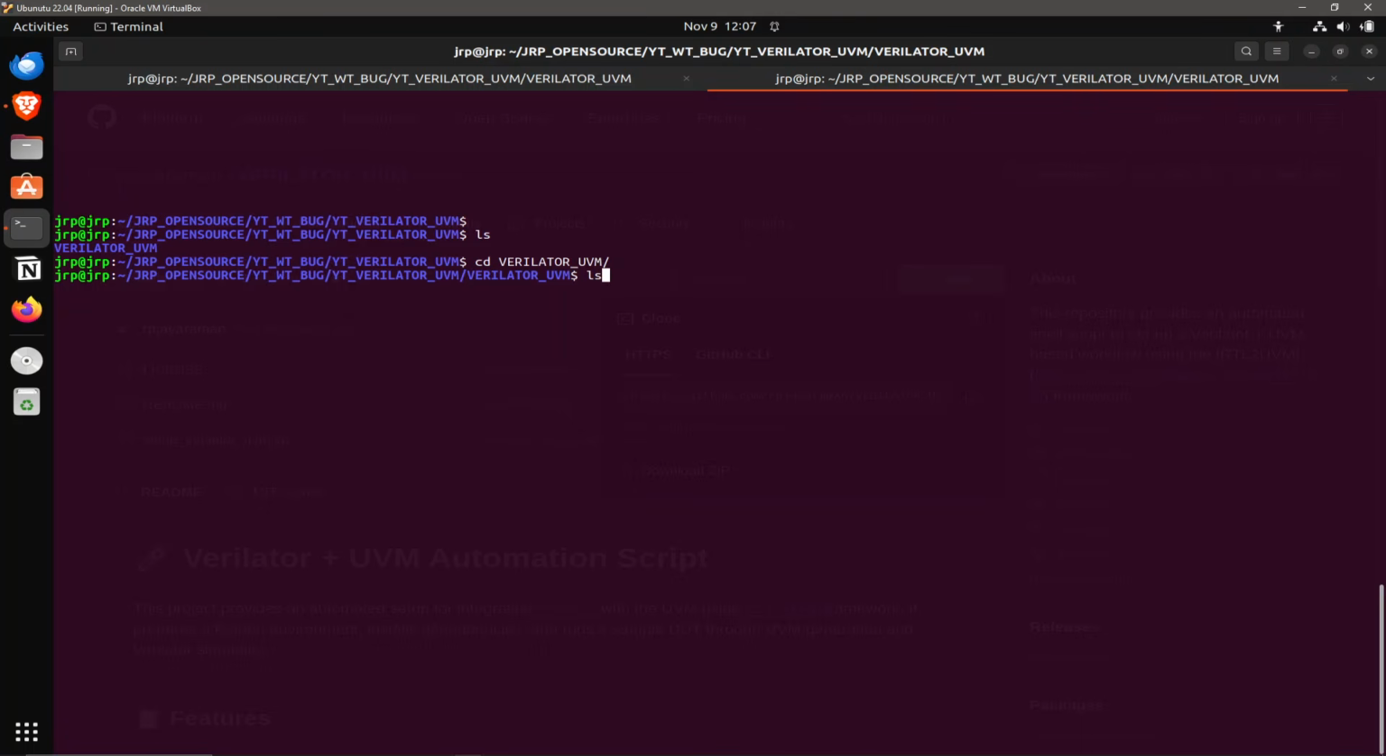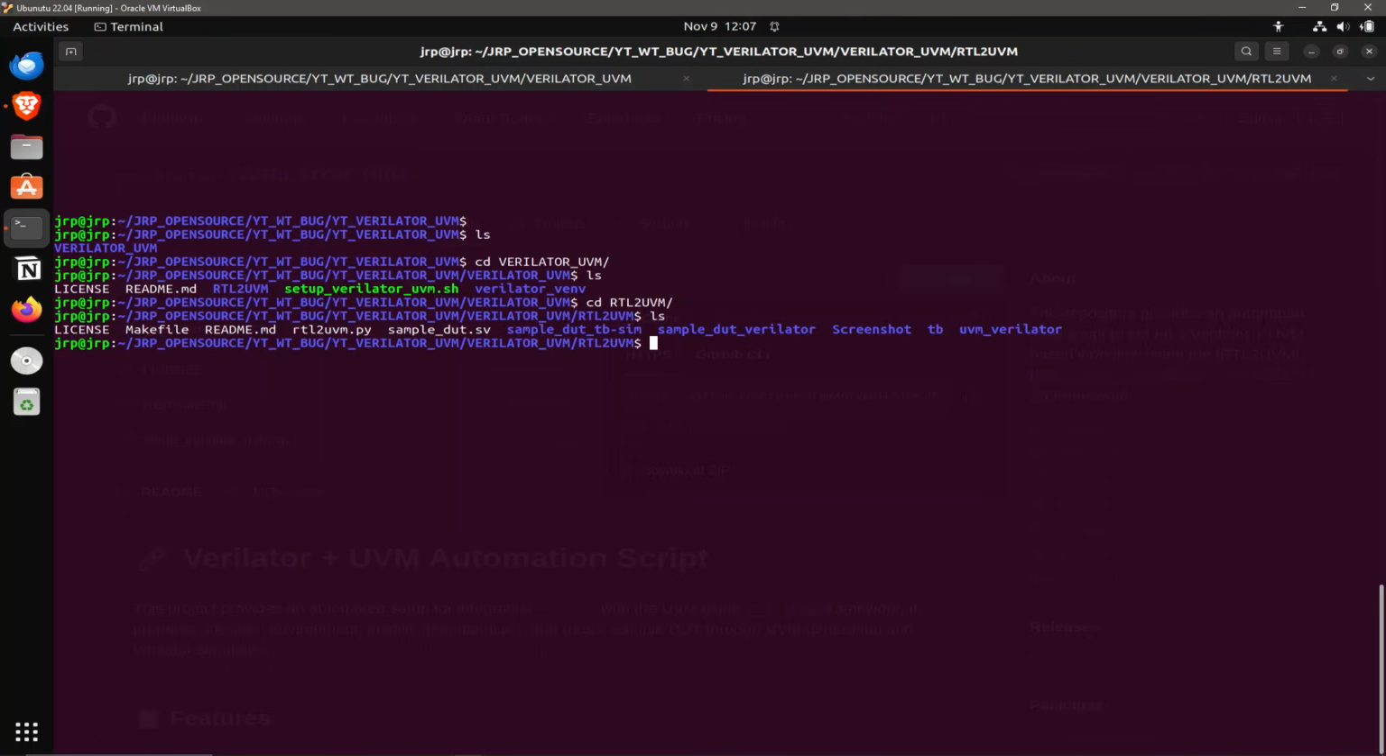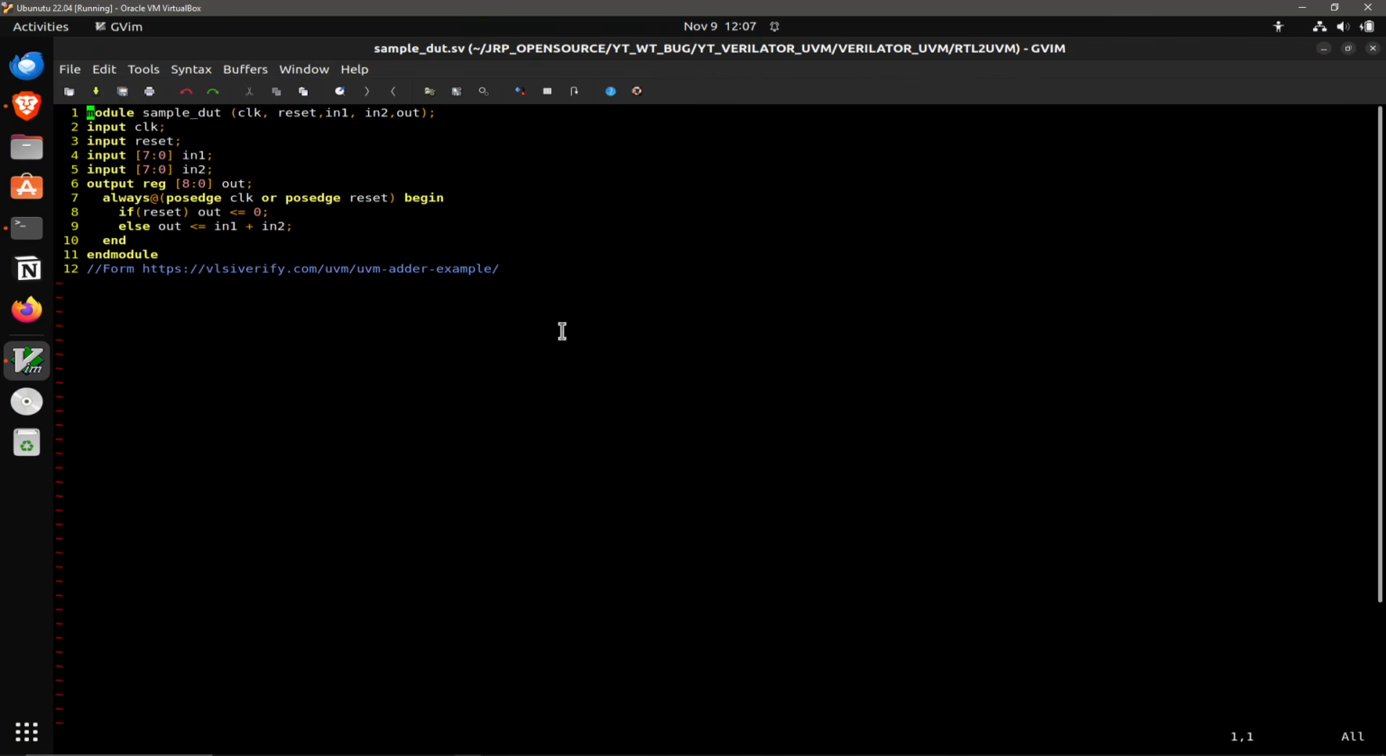So in the meantime, we can see what it has generated. It has git cloned the RTL to UVM repository. Okay, so here sample dut.sv